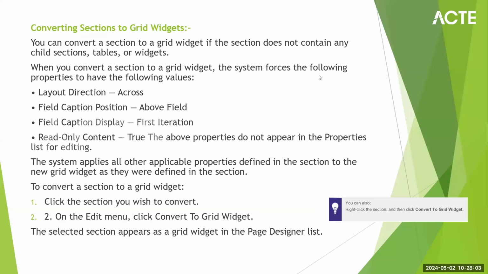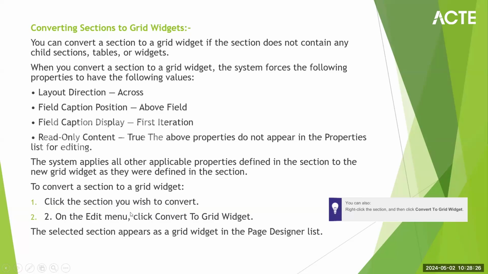On the right side, for that particular section, you can check these values, like the layout direction is across, or the field caption position is above field or not. It's already available in the right panel in the particular table. You just need to click on the drop down. That's it. If it is not,